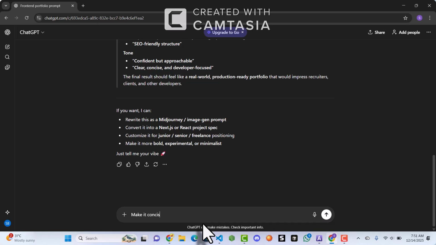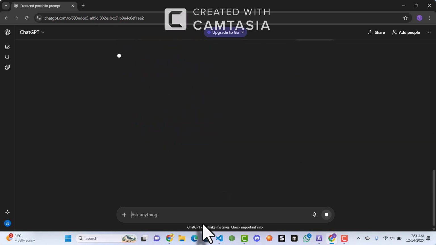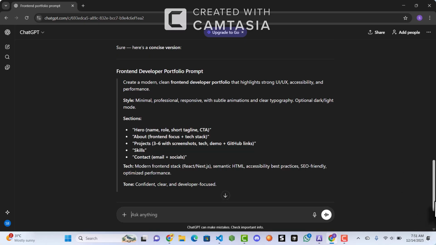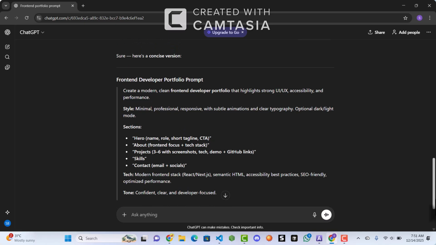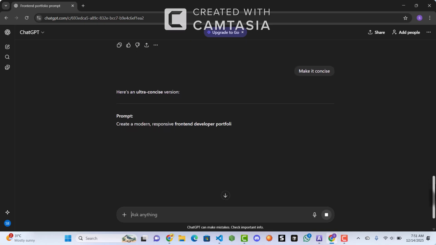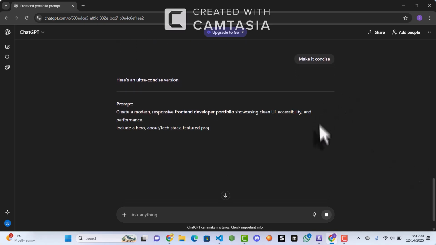And if it's still too small, we could even make it concise again. Make sure to give it tools. You could put this all in one prompt, but I would rather prefer giving it one task at a time. So now we have our prompt here, and we're going to give this to Cursor so that it can actually